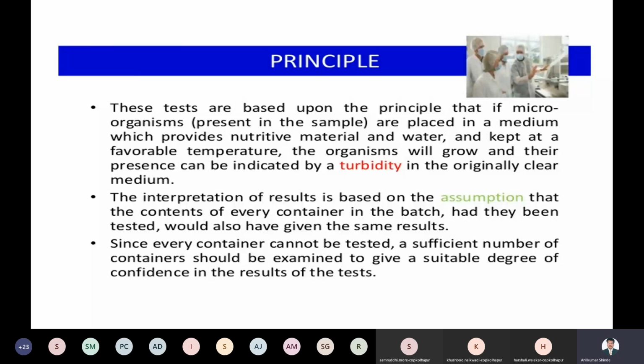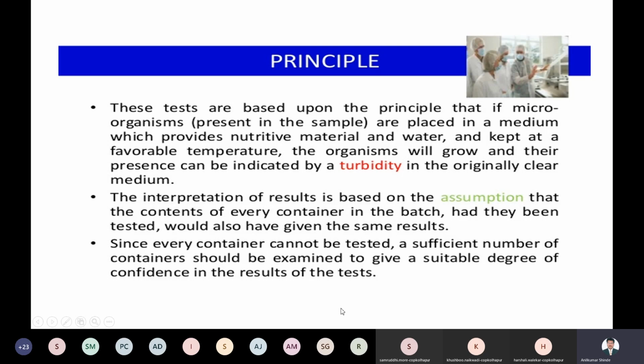And to determine whether your disinfectant solution is having the activity or not, we check the Rideal-Walker test, or Viscosity test, or the Chick-Martin test. These are the different tests we can see whether your formulation is having the contamination or not. Understand it? So interpret that result. So your product is contaminated or not with the help of turbidity or growth of the microorganisms, or no microorganism growth. A clear solution will happen.